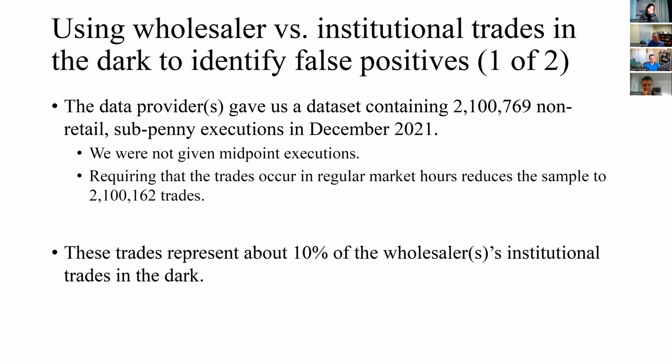So the first sample I want to show you is 2,100 trades, wholesaler versus institutional child in the dark of 2020-21. How important is this? Again, here at Notre Dame, I just look up to see the crucifix. We just have to have faith in the data provider telling me truthfully. So these trades are 10% of the wholesaler's institutional trade. So if you take that as given,